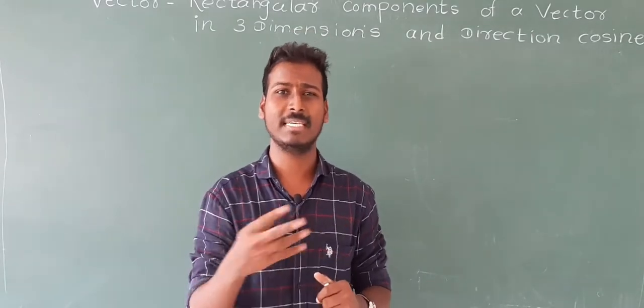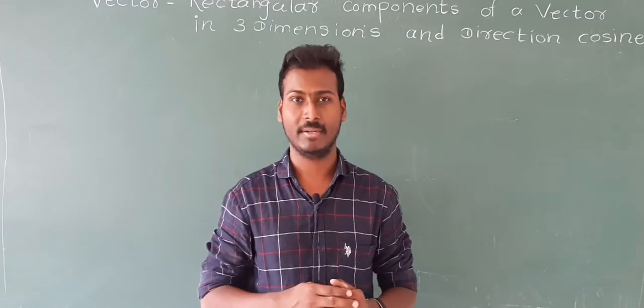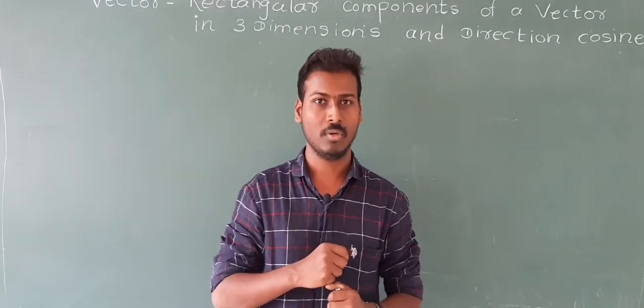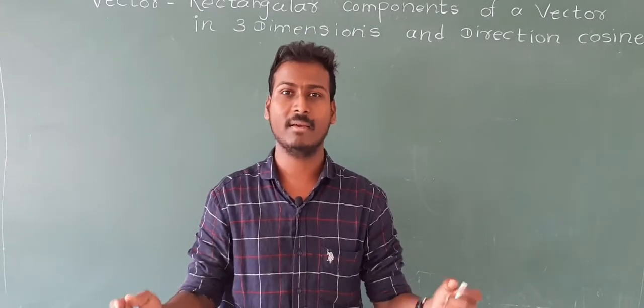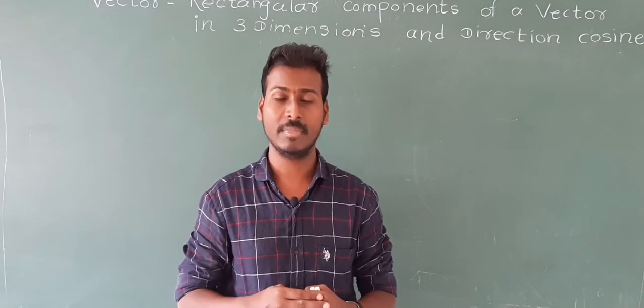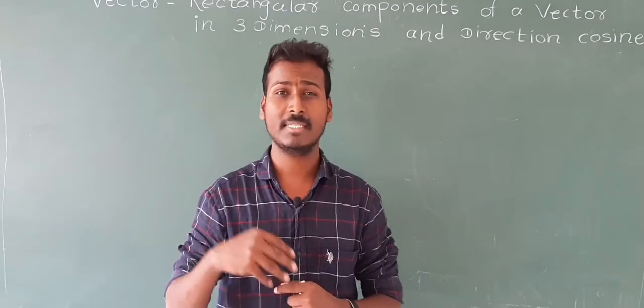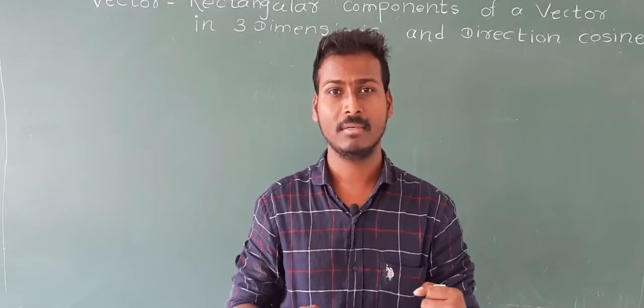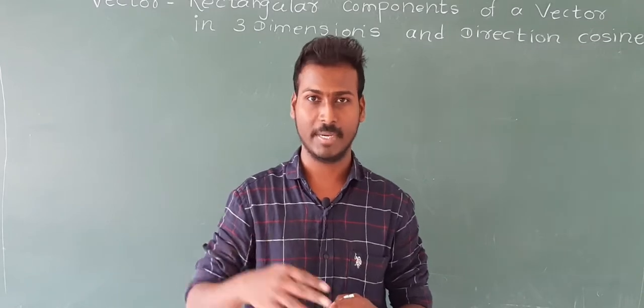A quantity having a single aspect, for example the length of a wire, has only length, so it is 1-dimensional. A rectangle has length as well as breadth, meaning 2 aspects, so it is called 2-dimensional. Similarly, let's take a cube. A cube has length, breadth and height as well, so it is a 3-dimensional aspect.